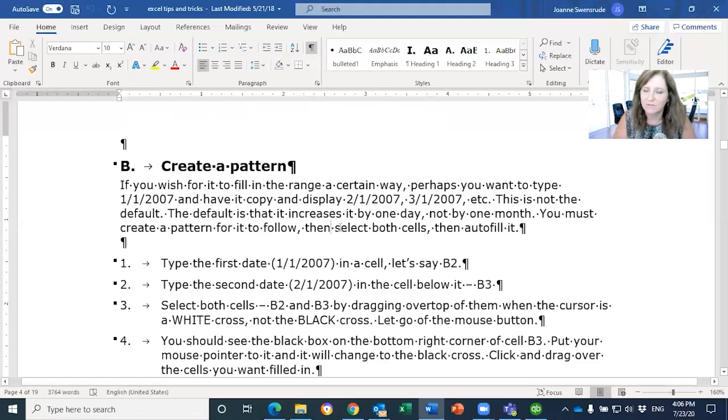So I'm going to show you control click. So I'm going to go here in the middle of a word. I'm going to hold my control key down and I'm going to click. Look what that